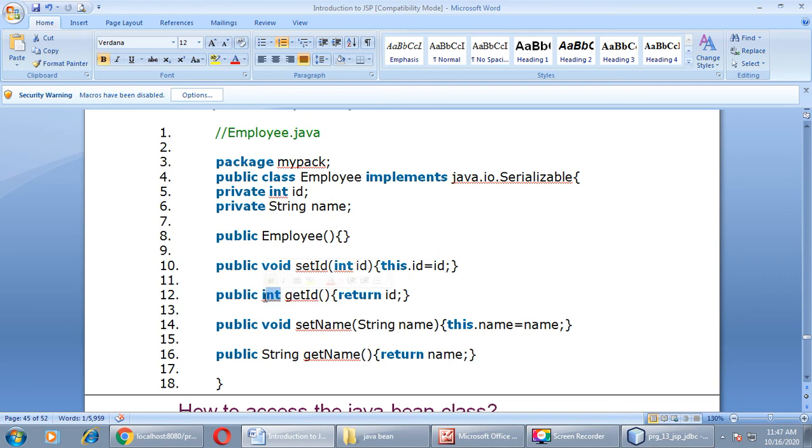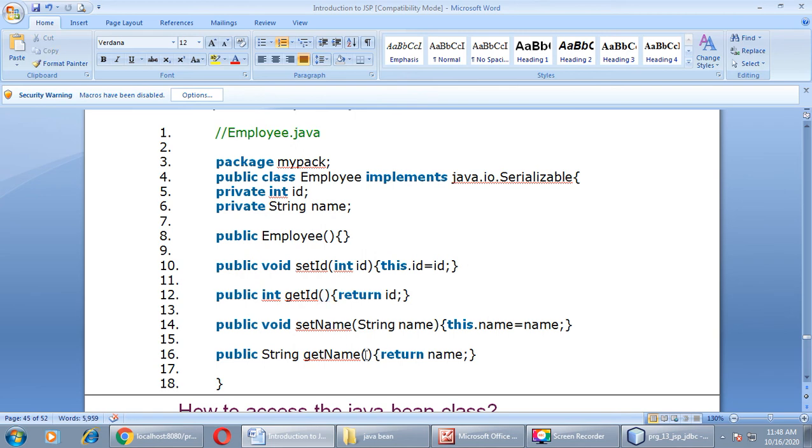I repeat, the return type of this method must be the data type of your attribute, because it will return a value of that attribute. This is a no-parameterized method. As you can see, there is no parameter for the getId method as well as for the getName method.